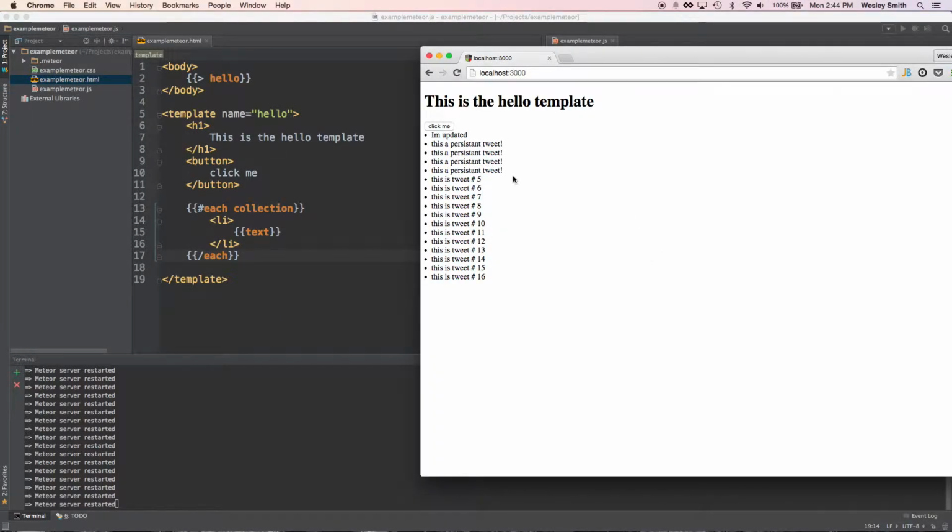Let's go back to our app. We should click this. And we saw the very first thing got deleted. If we click it again, the first one was removed. Remove, remove, remove. And if I keep clicking this, you'll see I'll slowly delete all the tweets out of the collection. So to summarize,